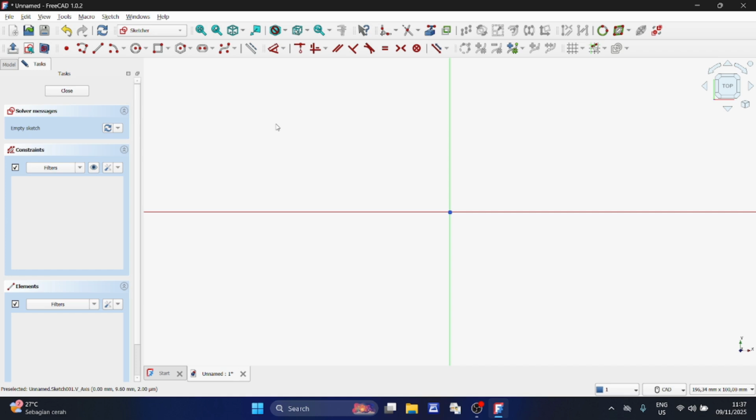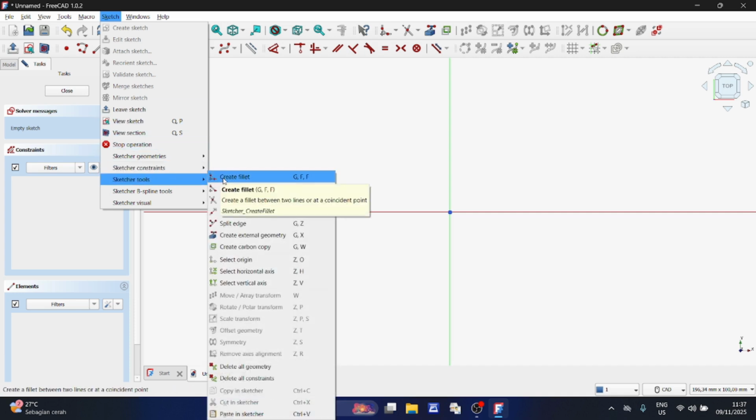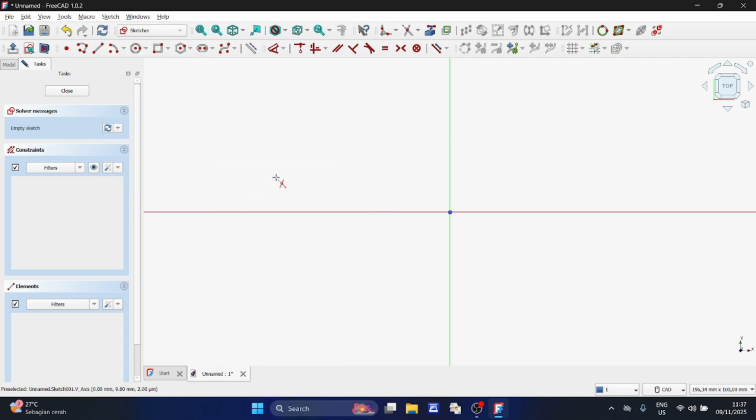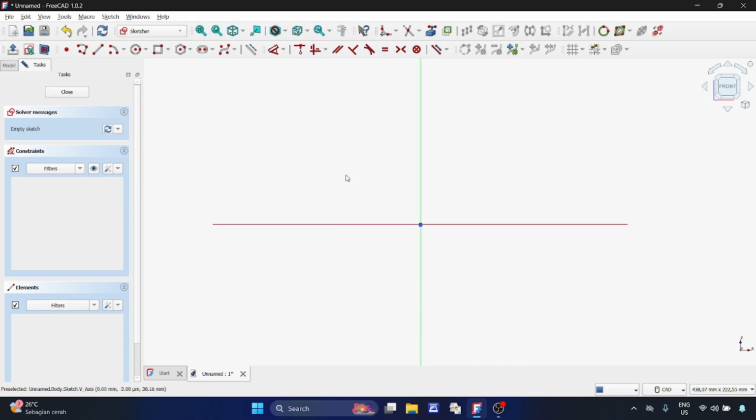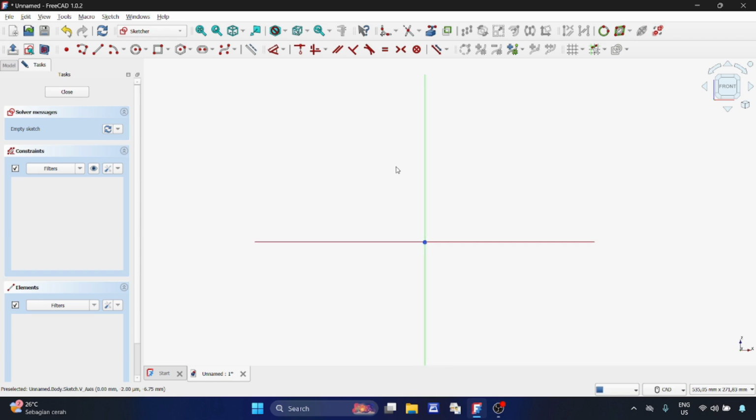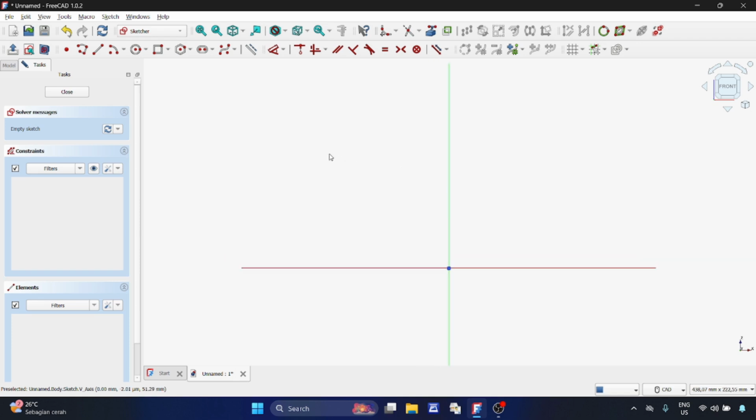You can find this tool inside the Sketcher workbench. Look for this icon that looks like a line being cut on the toolbar. Or go through the menu, Sketcher, Tools, Trim Edge. Once you click it, your cursor will change into a little scissor icon, ready to trim. Now let's get straight into practice. I'll show you a few of the most common scenarios.